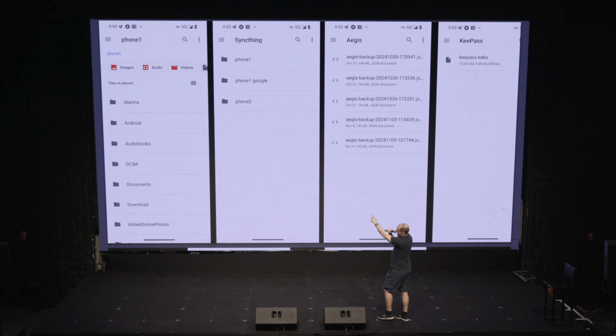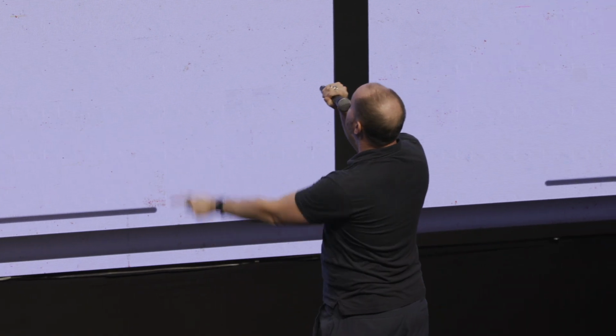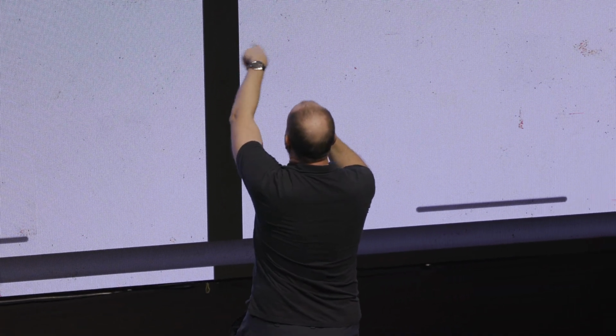In your file system here, and I don't know if any of you were at Amir's talk just recently where he was talking about Gen Z people not understanding file systems. Anyway, on Android, there is an application called Files, and you can look at your file system. DCIM is kind of like a camera photos thing, but you've also got a bunch of these others. I've got a folder called SyncThing with subfolders for particular devices, and then if you look in Aegis or KeePass, you've just got files there.